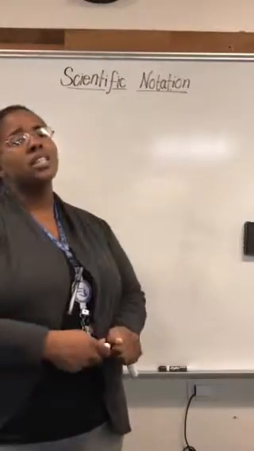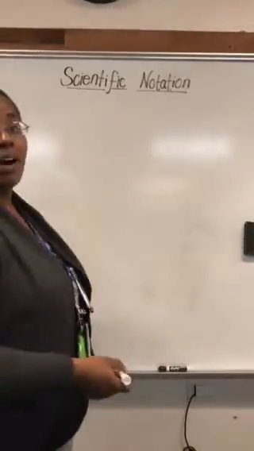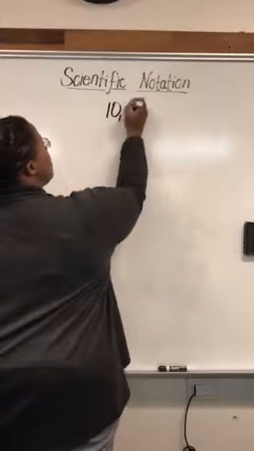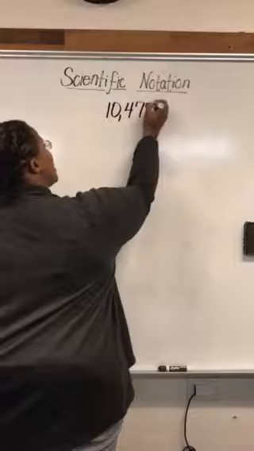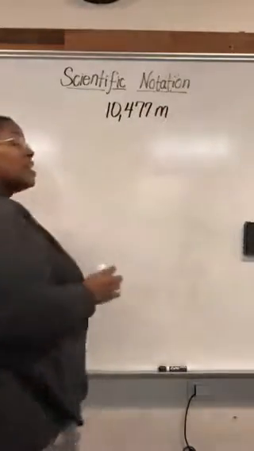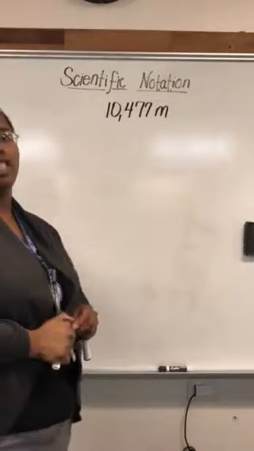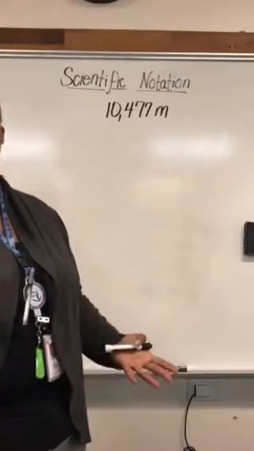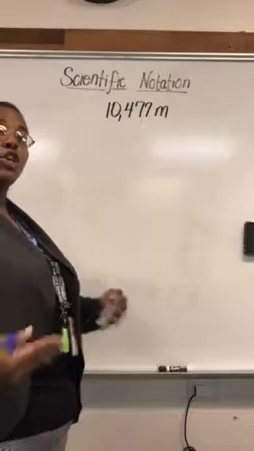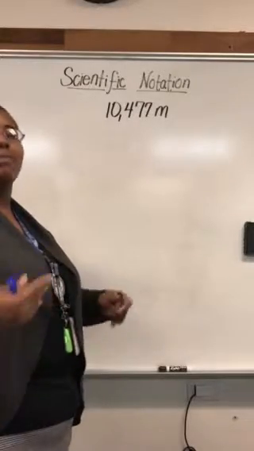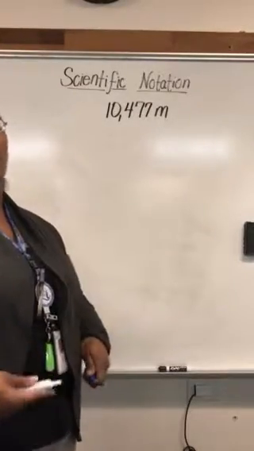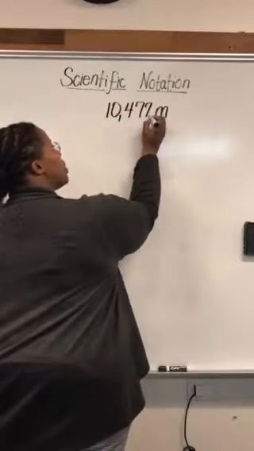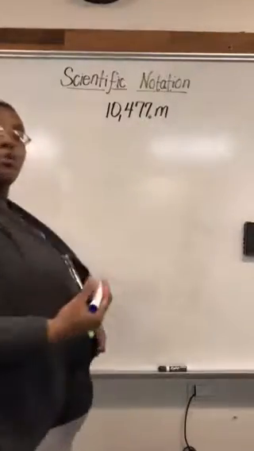So, first example, let's say that I give you the following number. You're given 10,477 meters, and you're asked to place this number into scientific notation. One of the common misconceptions is there's no decimal that appears right away. So you have to figure out, where does my decimal exist when I'm dealing with a whole number? Well, we've learned before, your decimal actually is going to start at the end of that whole number, so behind